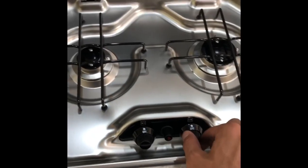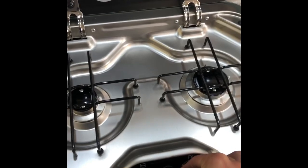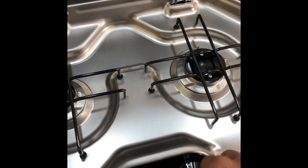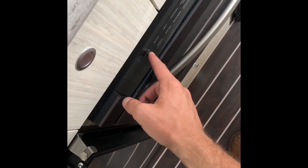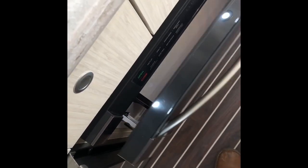Coming over to your stovetop, very simple, easy to use. Push it in, turn it over to your light, hold that in as you push, and then you will have your pilot flame light up right there. Very simple and easy. Microwave, you can do this 1 or 2 different ways. You can actually physically hit open and close on here to open and close your microwave. Otherwise, you can manually pull it open and close. Your refrigerator down next to that, you do have a travel lock located right here on the corner. Make sure that's pulled